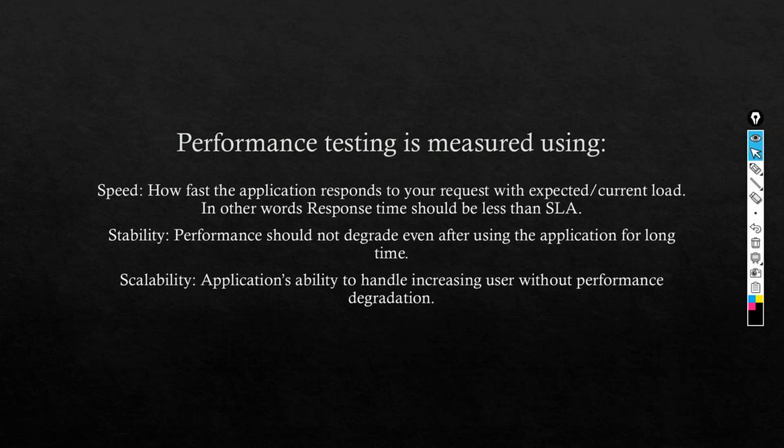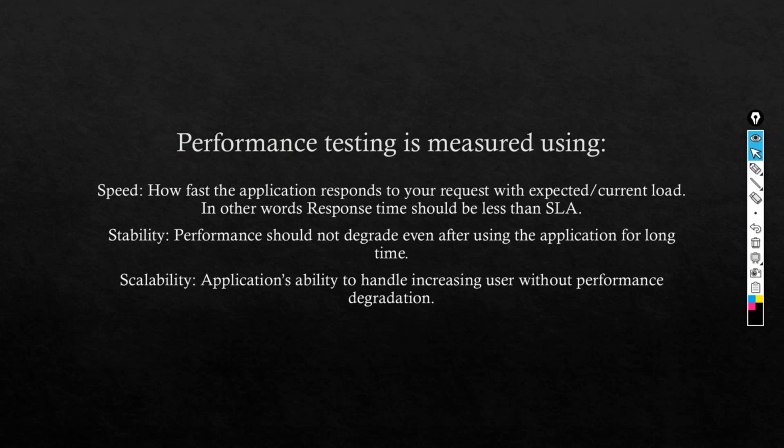Then only he can go for a big sale day or big billion day, whatever it is. We have seen some instances in the past where clients announced a big sale, and all the users tried to access that application to purchase some of the products, and then the application crashed, servers went down, right? That means they did not test that application for performance for those many users. If they would have done that, the application wouldn't have crashed, right? So that's the reason performance testing is very, very important.